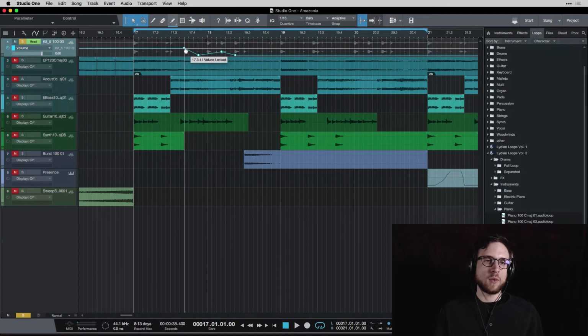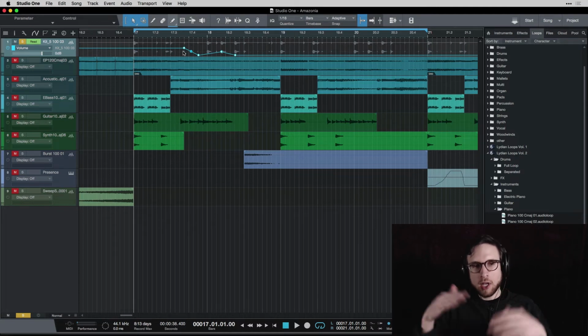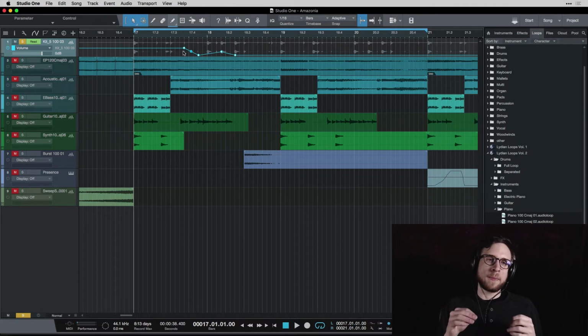These things will become important the more you start using automation. You'll have times where you have something very specifically set up a way you like it, and you want to move it to somewhere else, but you don't want to change any of the values. You still want it to lock to the grid, but you don't want it to get higher or lower. So that's what that command is for there. Holding Command or Control can value lock so that you can move side to side, but it won't let you